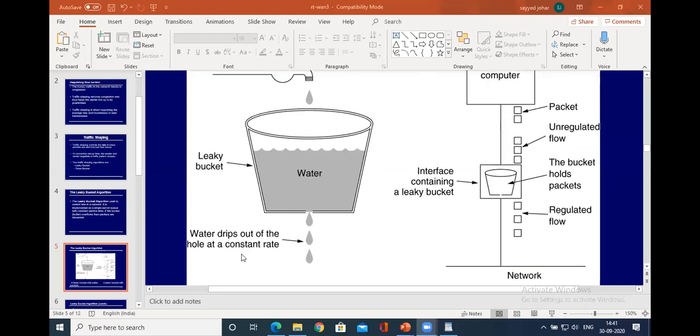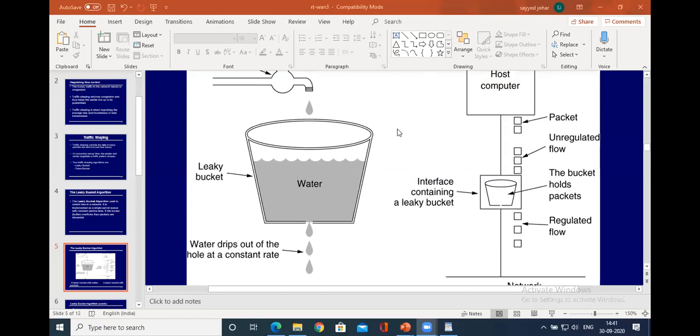And there is a constant rate called the output rate, the rate at which the output is sent from the source. For example, if the bucket size is 1000, the packet size is exactly 1000, and the output rate is 200, then 5 times 200 packets could be sent.